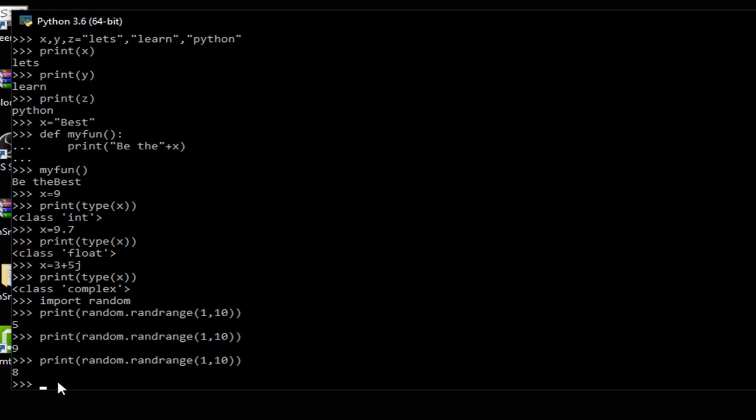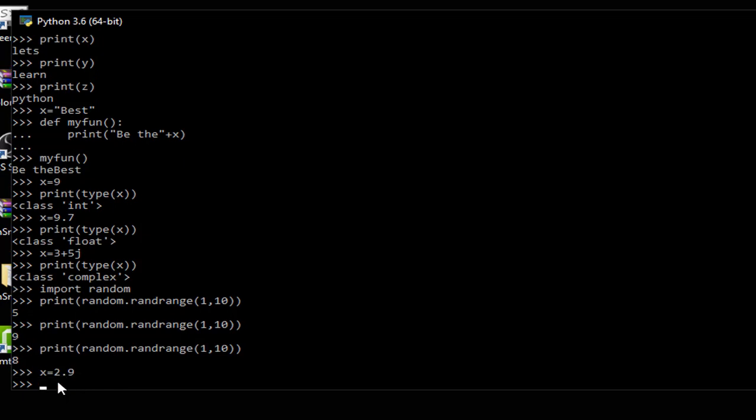Typecasting is very useful when you are getting a value from the database, but you are getting a string value. You need to convert the number given there as an integer. So typecasting is needed at that time. So let's do it. I'll first convert a floating type to an integer type. I'll assign x is equal to 2.9. And now I'll typecast y equal to